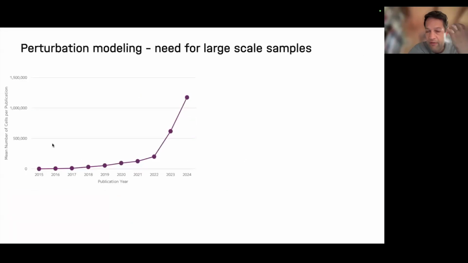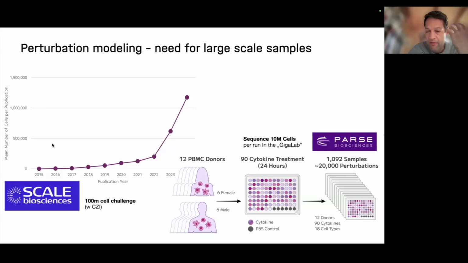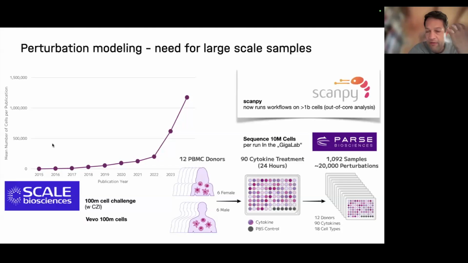I think one of the most exciting uses of these models is for predicting perturbations. Early on there weren't many data sets, but now this really grows. This is from, for example, a company; there are many competitors now that really do experiments at scale. They did a single experiment with more than 10 million transcriptomes. This is huge, right? They did around 100 treatments across many samples, so it gives you a really rich space of perturbation effects. There's a competitor company doing this, CCI Vivo is actually releasing this whole data set, and there are many others.